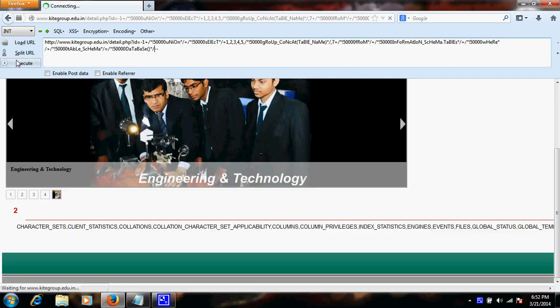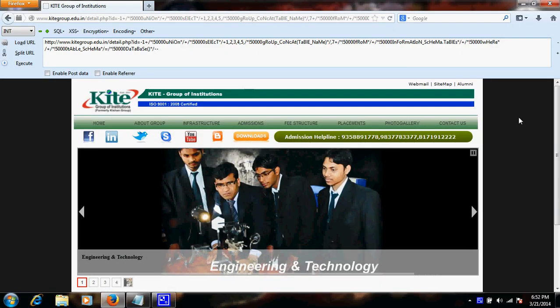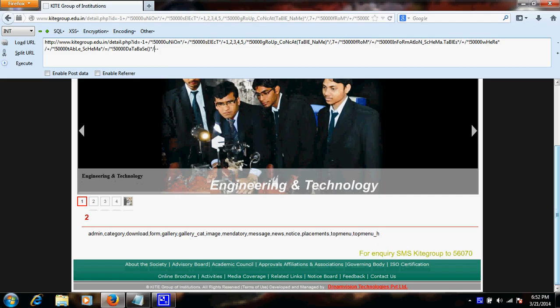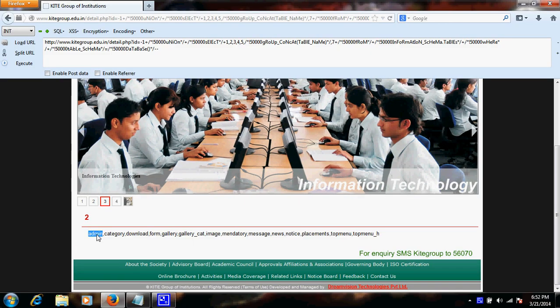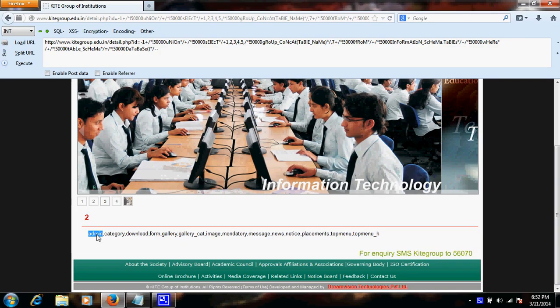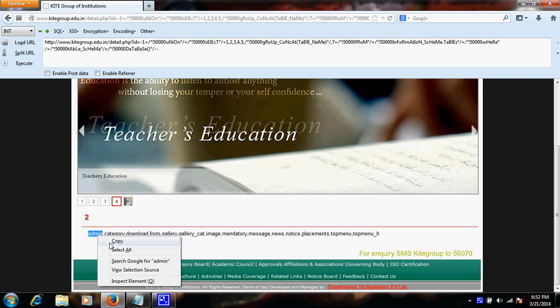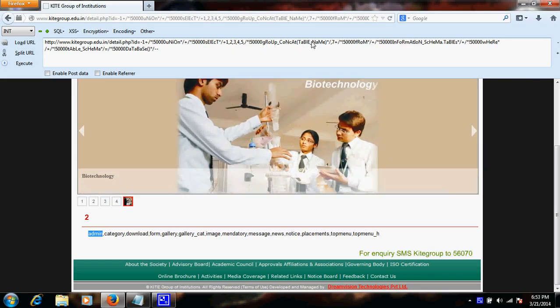Okay guys, now click on execute and let's check it out. Is it replying with some table name or not? Yes, again we have a surprise for you, guys: it is completely retrieving the information from this new database named admin, where the database name can be anything but contains the information about the admin panel. So let me choose the admin and make some changes. What I'm actually going to do is union select group concat, and this time, in place of tables, I want to retrieve the information about columns.